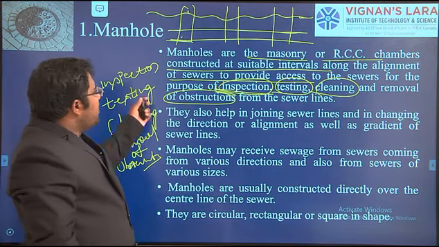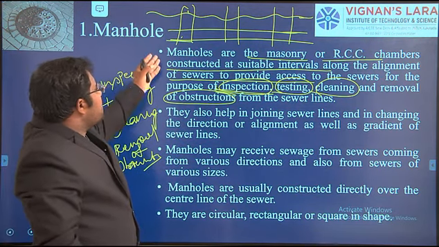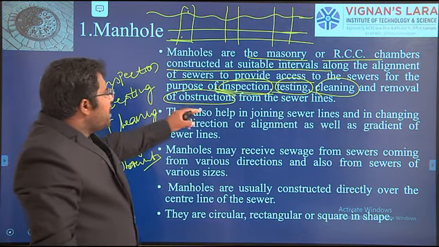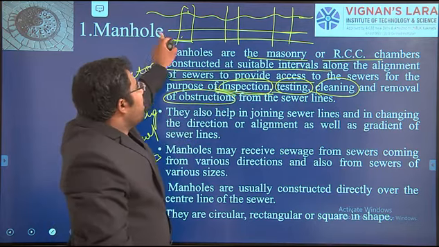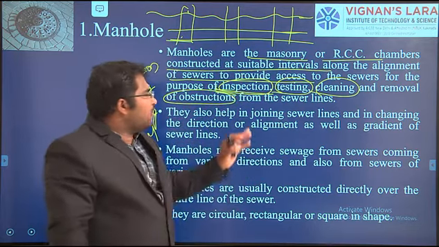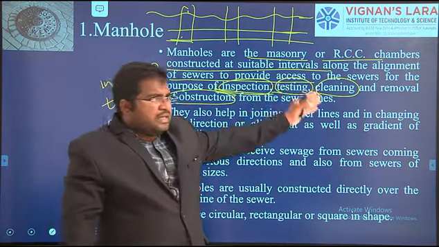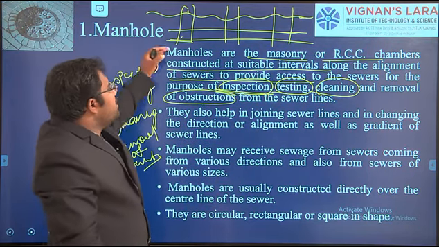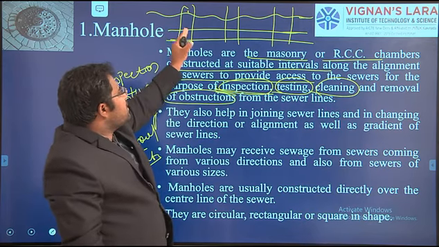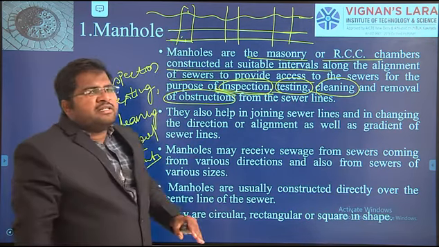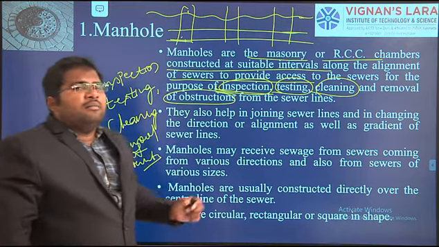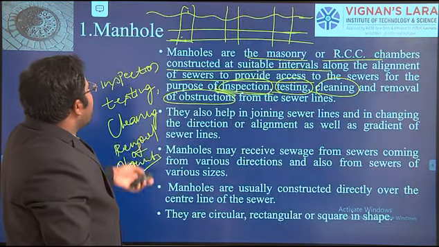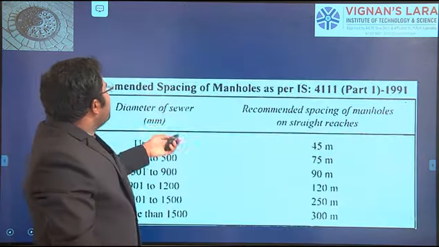If there is any obstruction or debris, we want to remove it. We go for inspection to see whether the water is going freely or not, then testing, then cleaning, that is, taking out all the debris, and removal of obstruction. To do these things, there is access to the sewer line with the help of this masonry or RCC chamber, that is called a manhole. Why manhole? Because a man can enter this chamber